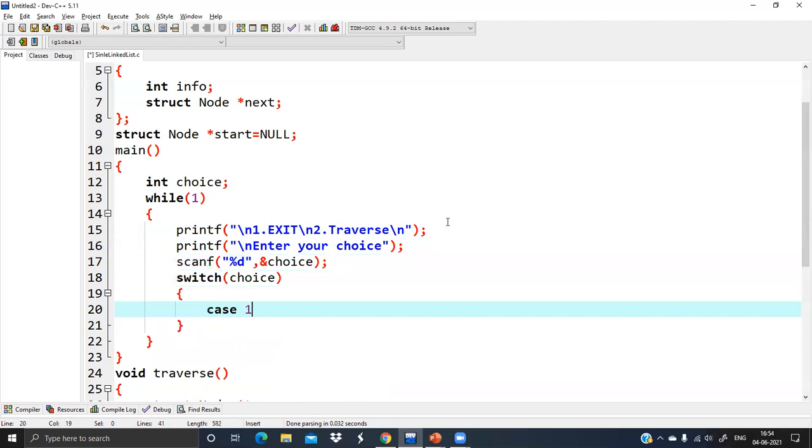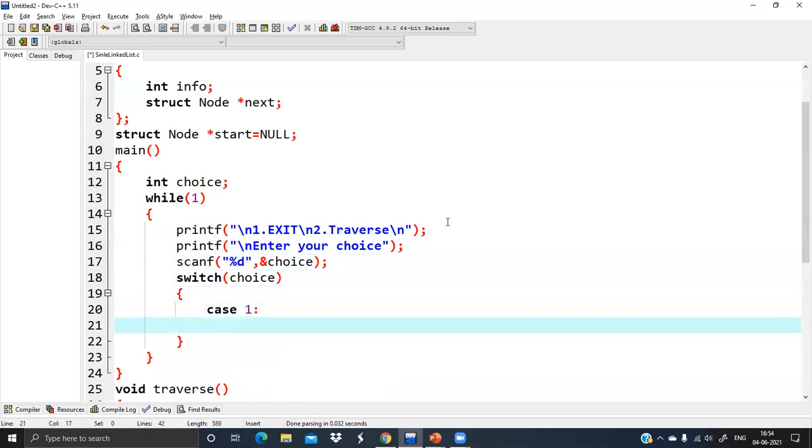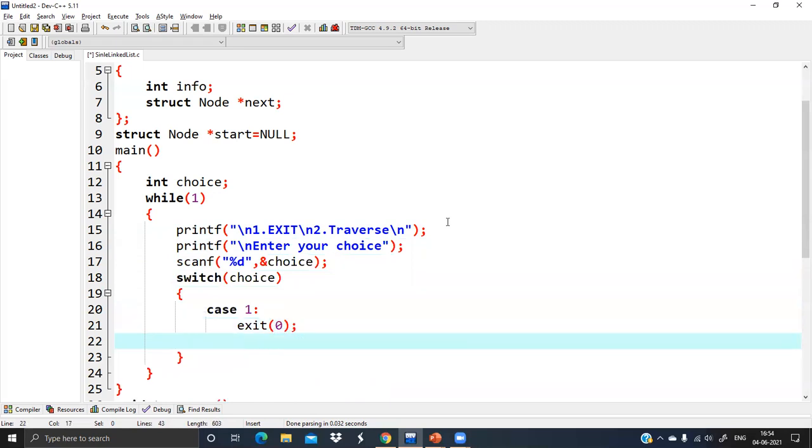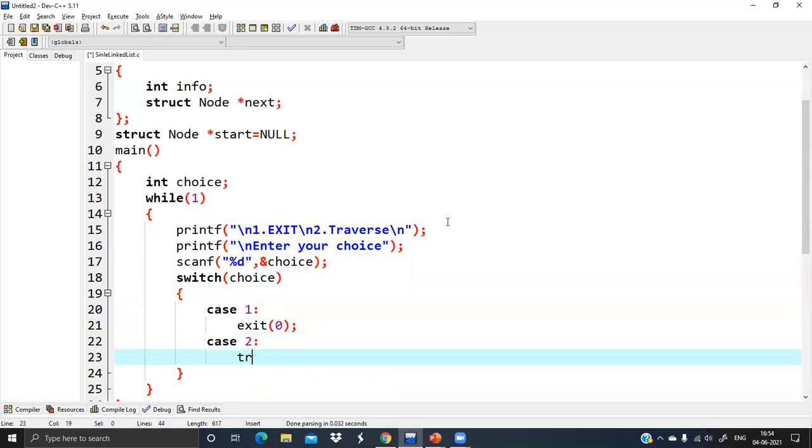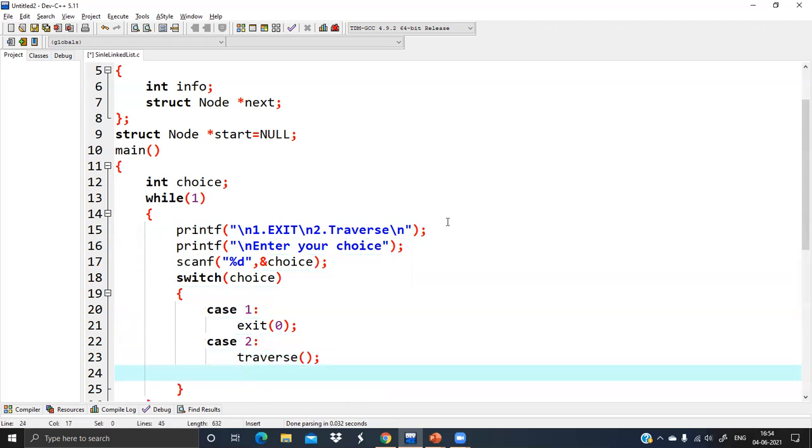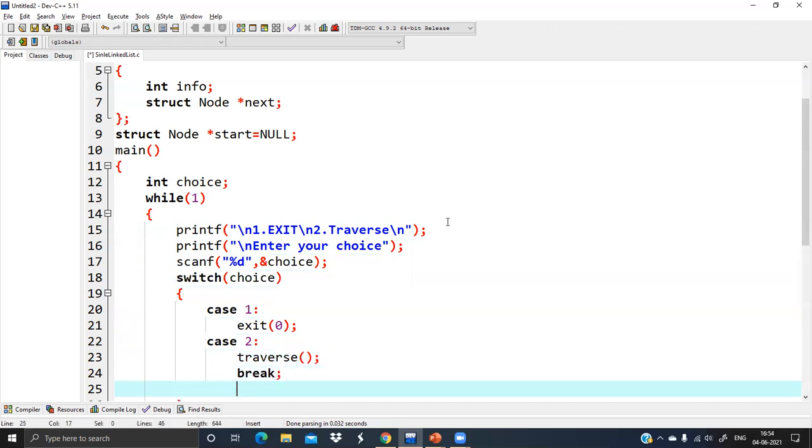Done. And that choice variable we need to pass through the switch case. So here in case 1, exit 0, because I need to select the exit option. Case 2 is for traverse. Okay, and then break.